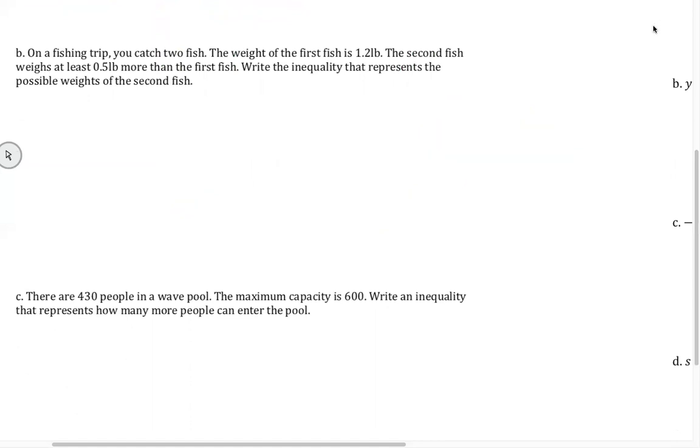On a fishing trip, you can catch two fish. The weight of the first fish is 1.2 pounds. The second fish weighs at least 0.5 pounds more than the first fish. Write an inequality that represents the possible weights of the second fish. So, second fish weighs at least 0.5 more. So that's going to be greater than or equal to, and then it's going to be 1.2 plus 0.5. So it's